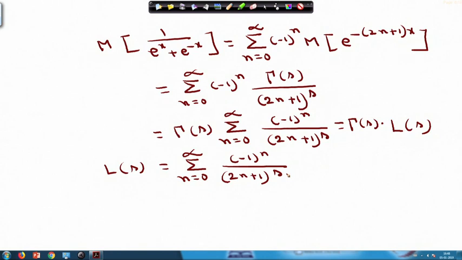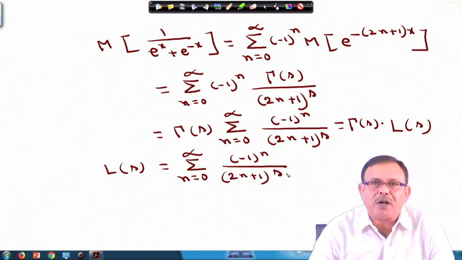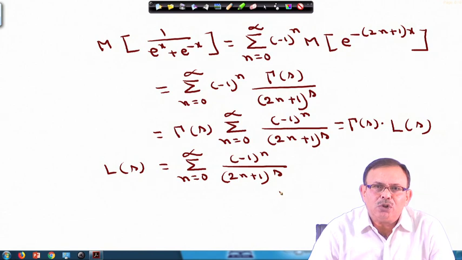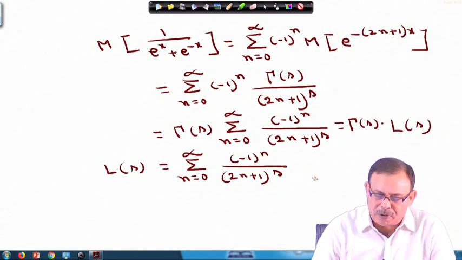So, Mellin transform of 1 by e power x plus e power minus x is of the form gamma s into L s, where L s equals summation n equals 0 to infinity, minus 1 to the power n divided by twice n plus 1 whole to the power s,